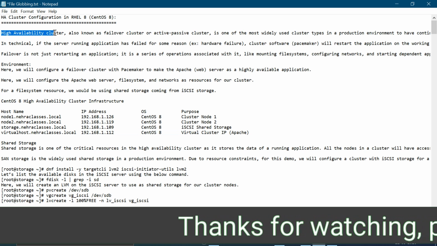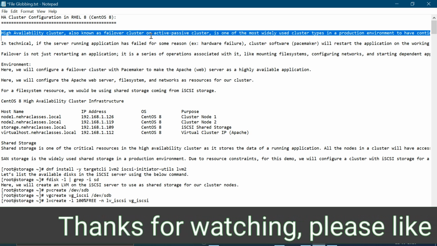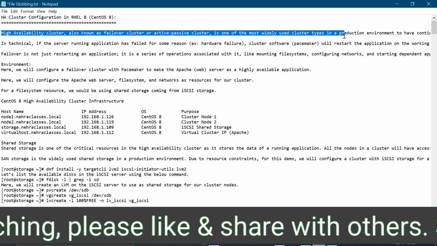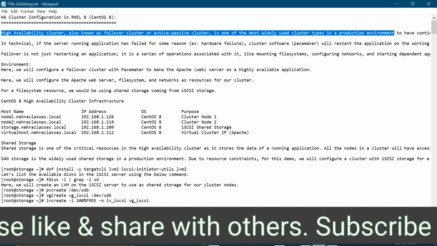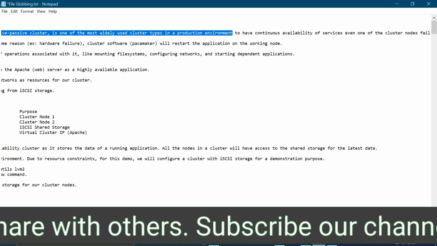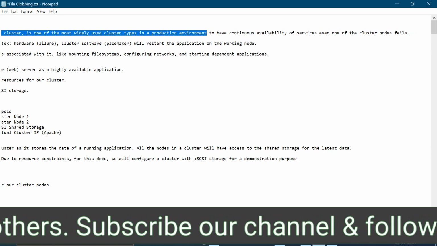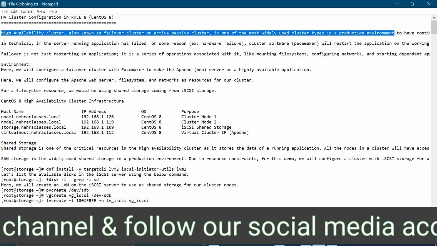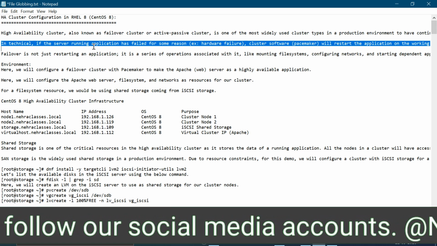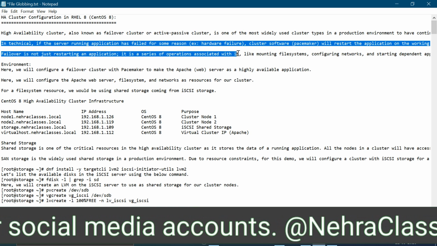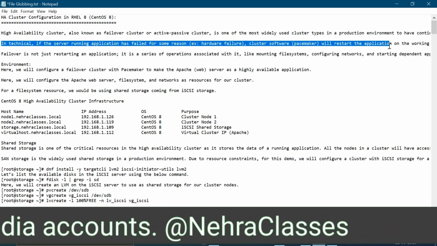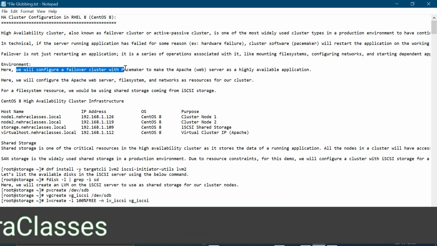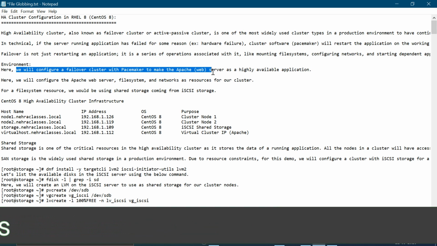High availability cluster, also known as the failover cluster or the active passive cluster, is one of the most widely used cluster types in a production environment to have continuous availability of services even if one of the cluster nodes fails. Technically, if the server running the application has failed for some reason, the cluster software will restart the application on the other working node. Here, we will configure a failover cluster with Pacemaker to make the Apache server a